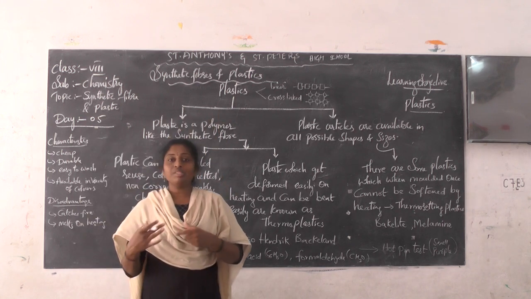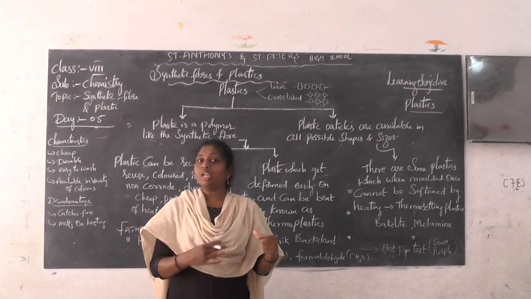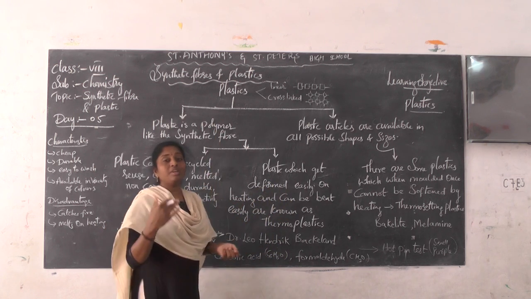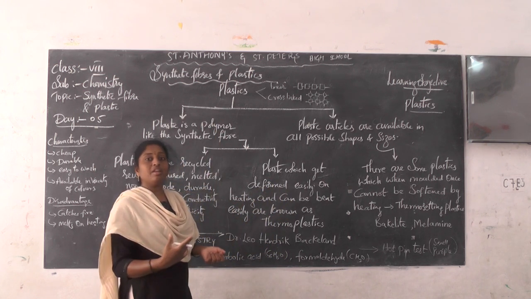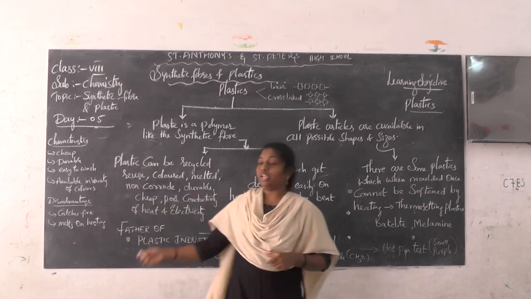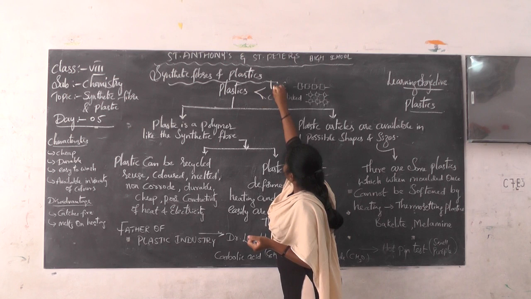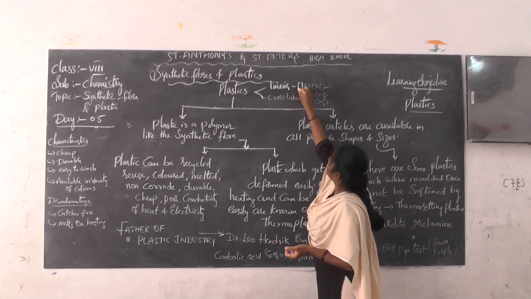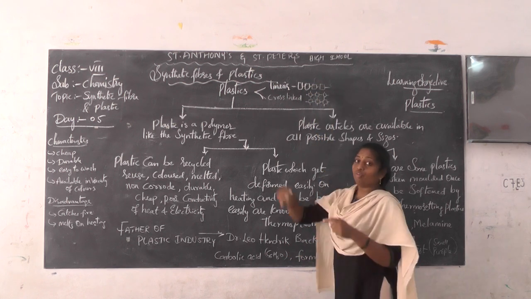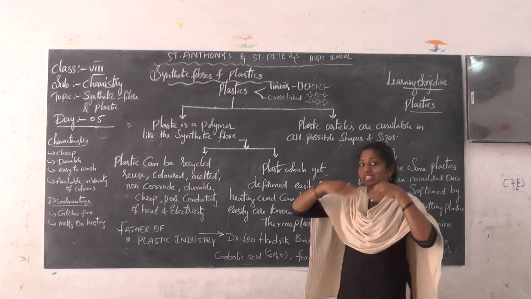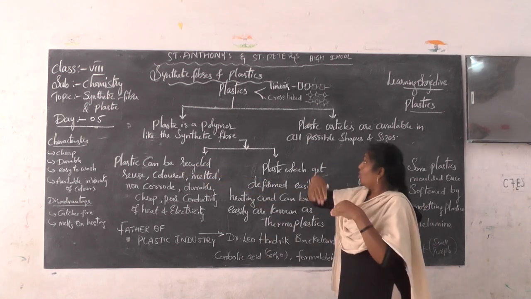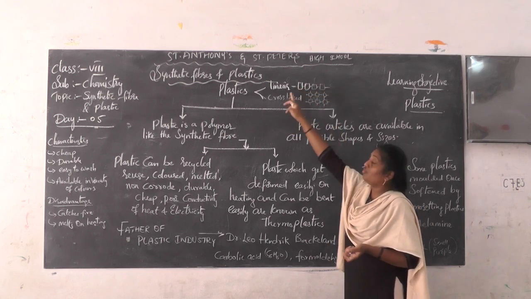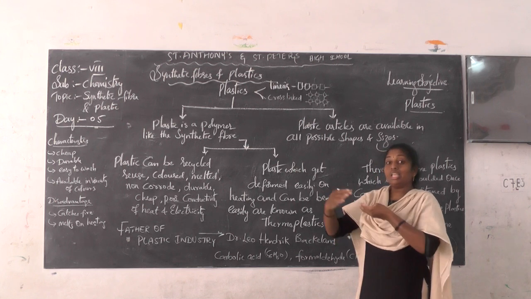Now we see the different types of arrangement. In the synthetic fibers we did not observe the arrangement; we learned only the monomers and polymers. But here in the plastic, you can see two different types of arrangements. One is the linear arrangement, one is the cross-link arrangement. Linear arrangement means the single units join together and form a linear chain. Linear means a straight path, a straight way. Here also you can see the units joined together in a straight line. This is called the linear arrangement.